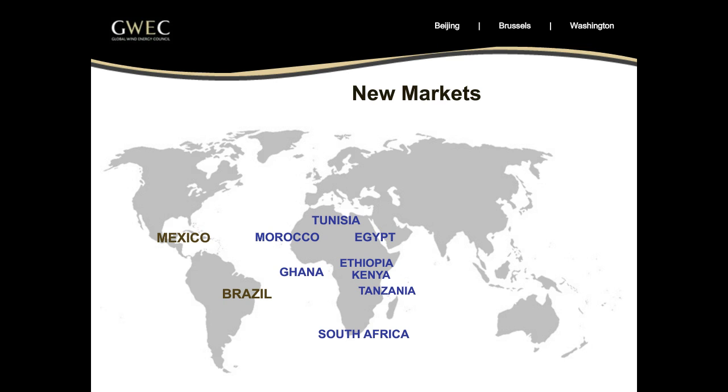Ethiopia is the fourth market, I guess, after South Africa, Morocco, and Egypt. They're in the process of moving into a privatization of their electricity sector and allowing IPPs in for the first time, which should result in substantial growth in that market, which has some of the best wind resources in Africa. Big projects in Ghana